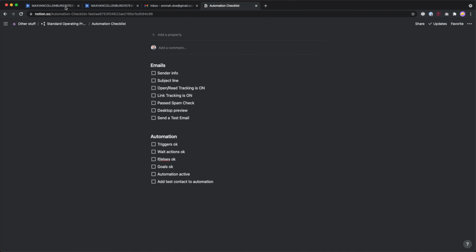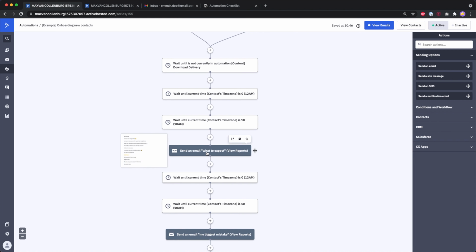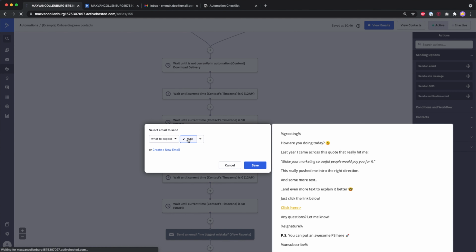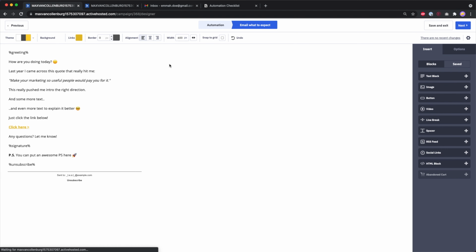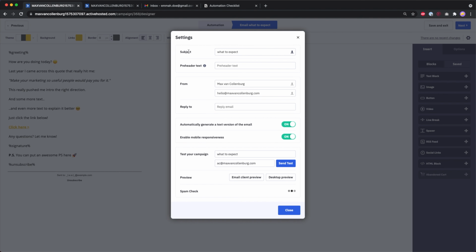So just to show you how I do that, it's pretty easy. I will just go to the email, and then over here I click edit, and then it will open the email itself inside the designer, right? So first I quickly look here, like, okay, does everything look okay? Okay, cool. Then I will go over here to this gear icon to check if I set the subject right, the pre-header text right, if I want any there, and also if the from information is right. So this is really important, right? Because this is how it will show who the email is from.